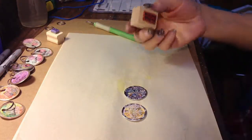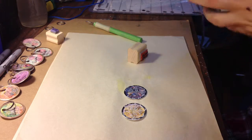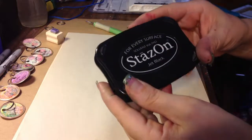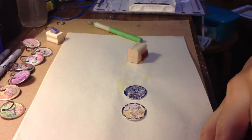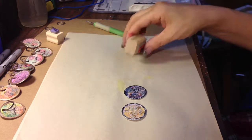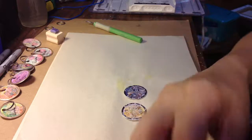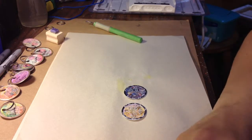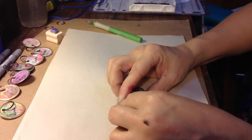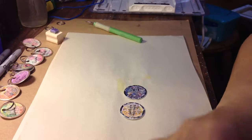So I'm going to do a thank you very much, and I like to do that with my Stays On ink pad. It's very crisp and black, and that's the only thing I use it for, this type of stuff. I don't use it for any other stamping except when I'm doing lettering stamping because it's so crisp. So I like to do that. I like to have padding or some few paper